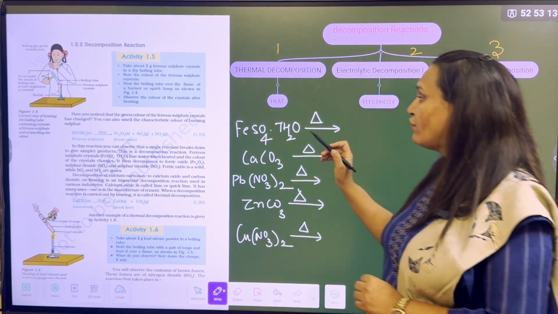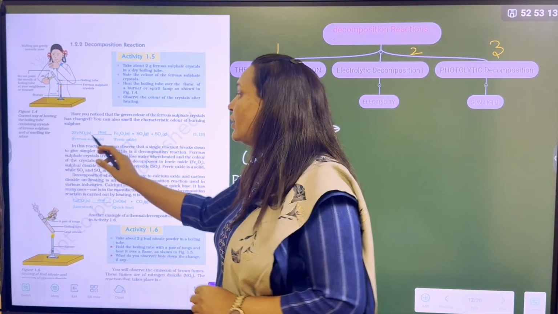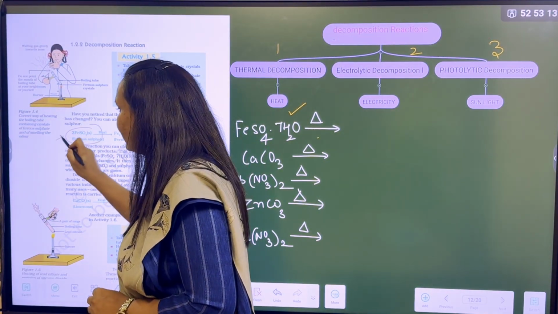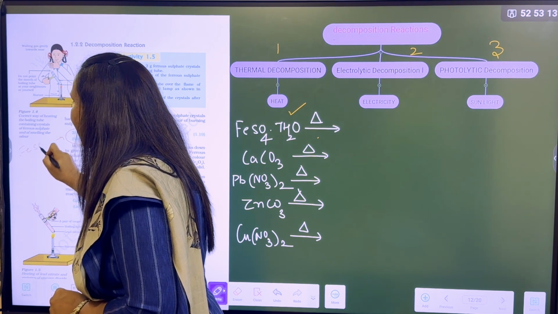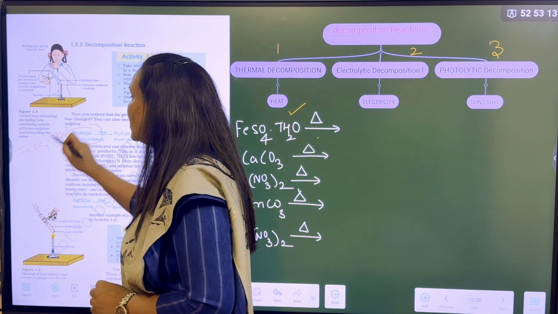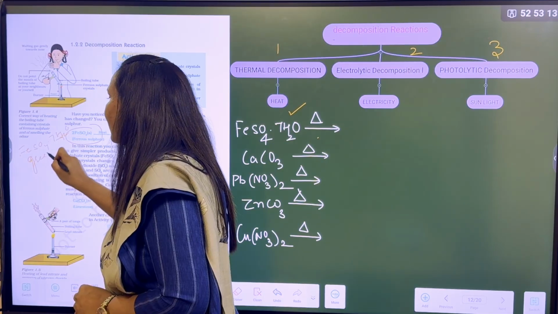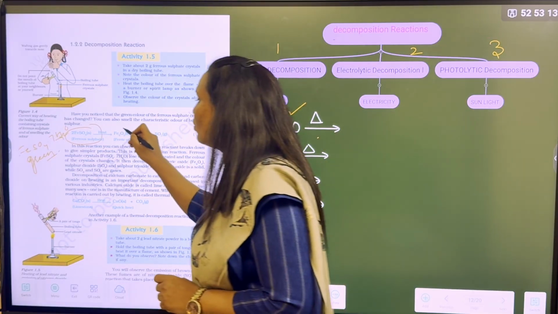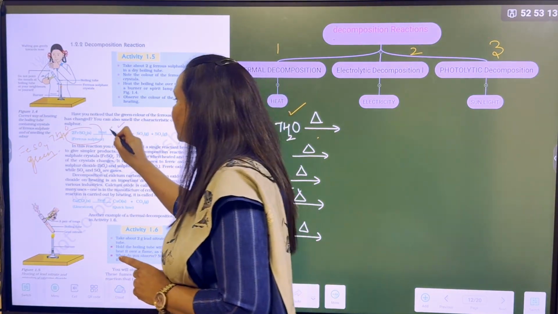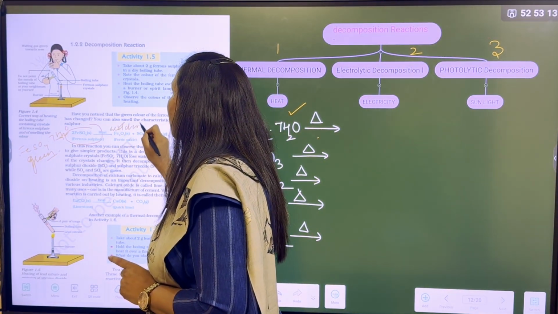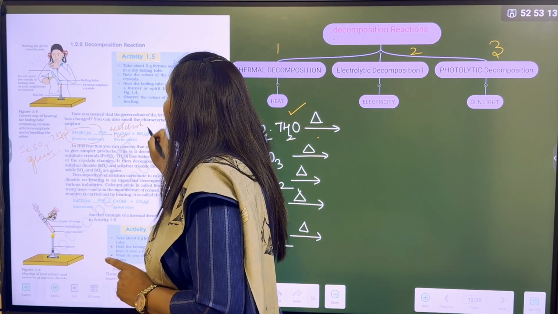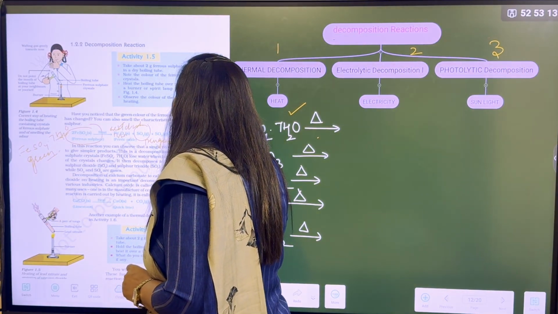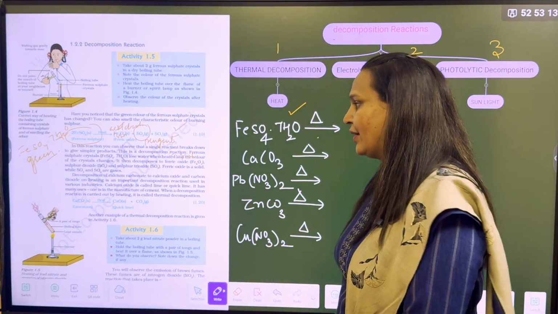Under thermal decomposition, we have green vitriol, where it gets heated up and decomposes into ferrous sulfate. This is anhydrous, but this reaction actually starts from ferrous sulfate 7 water. It is green in color, so it is green vitriol. Then ferrous sulfate undergoes thermal decomposition again to form ferric oxide, which is a solid, reddish brown. And most important is SO2. SO2 has what characteristic? Pungent smell. So please remember the observation, plus SO3, right?